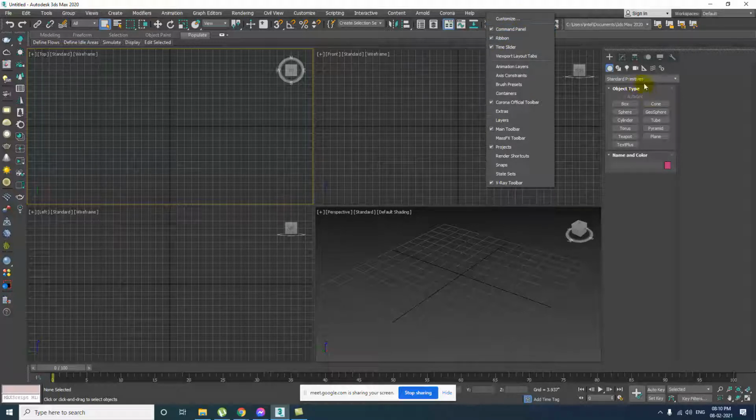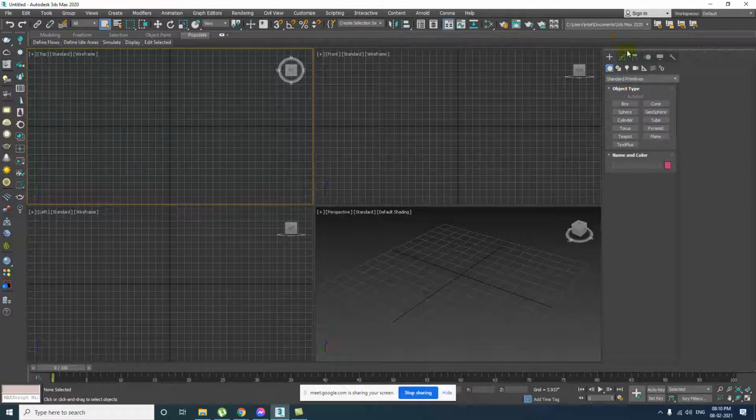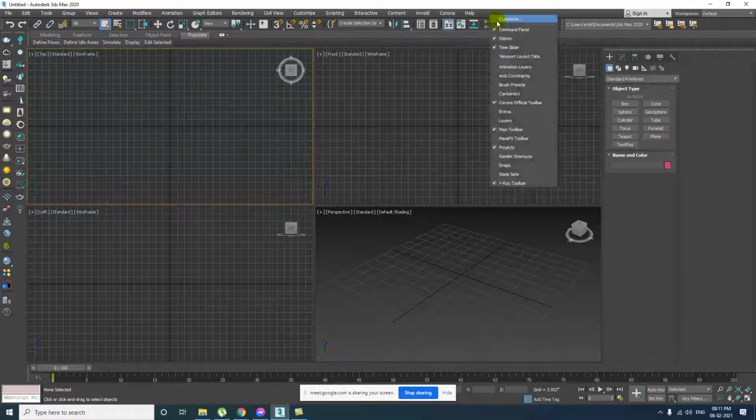Common palette is this one toward my right. This is the common palette toolbar. See, if you just move your mouse and don't click, you will see the name, it's written common palette. 3ds Max itself will tell you what palette it is. So all the palettes and tools available in your interface are ticked over here.